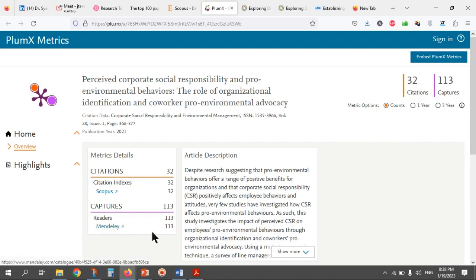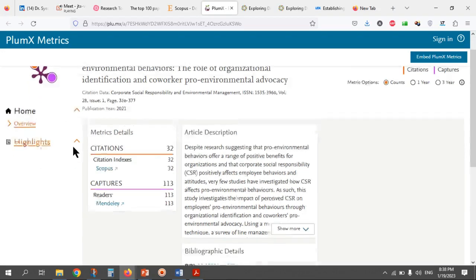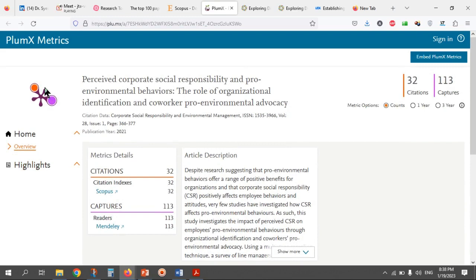Instead of this being only downloaded on the Mendeley platform without any other activities, Plumx puts colorful markers here. If you do something extra on this paper, in future you will definitely receive color here, here, and here if you promote your publication.